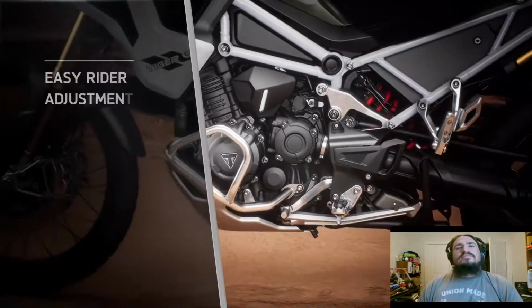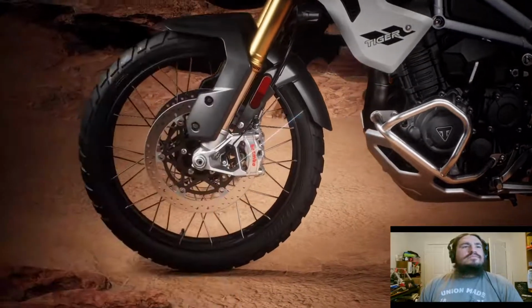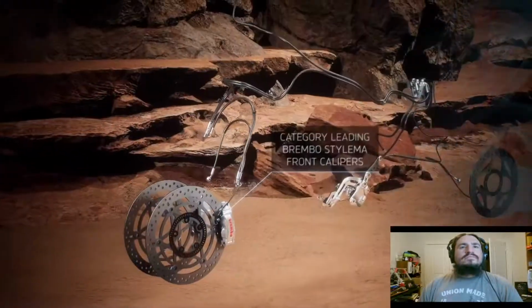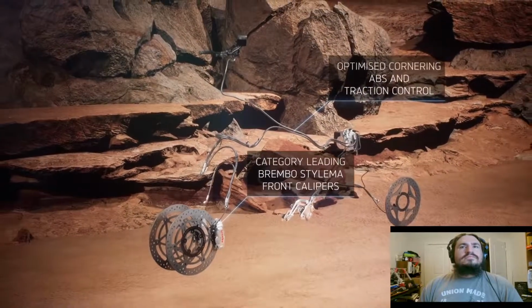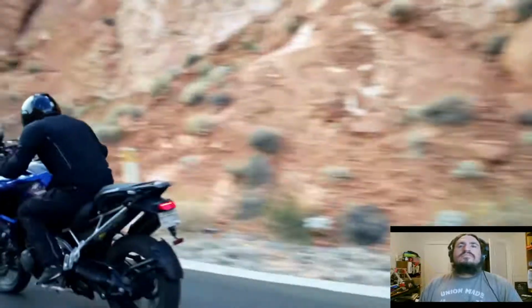Now the rider is also able to set the bike up exactly the way they want it and how they want it to feel, using the simple instrument menu to adjust the settings. With the brakes, we've got Brembos front and back, and on the front we've got the category-leading Stylema calipers, and finally we've got optimised cornering ABS and traction control, which guarantee that you've got the maximum control and get the best ride whatever the conditions. Top spec kit,